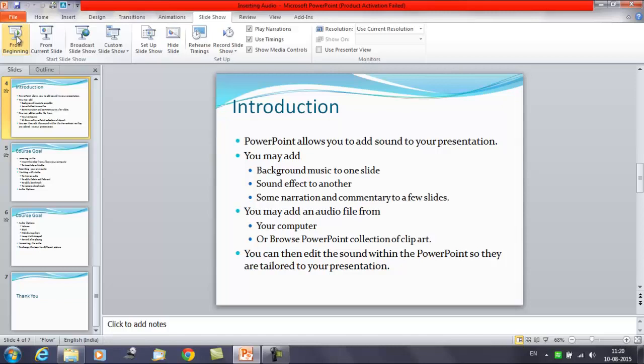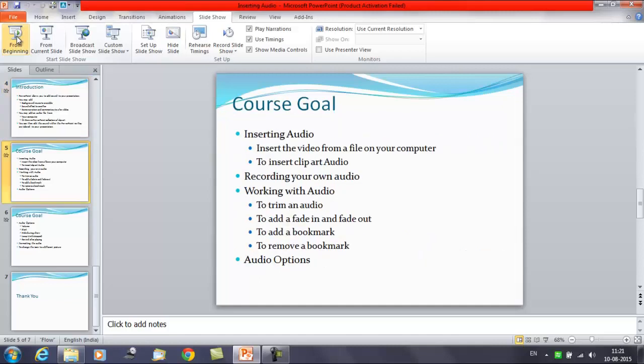PowerPoint allows you to insert the audio from your own computer. You have an audio file on your computer, and you want to insert that in the presentation. So you do have the option to do it. And the second thing is you can search in the ClipArt Studio and that voice that you have chosen, you can insert that in your presentation, and later on you can edit that as well. It means you can trim that particular audio that you have added. So in this session we'll learn how we can play around with the audio. How do we insert it?